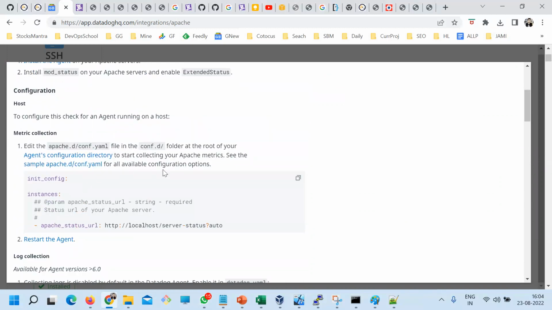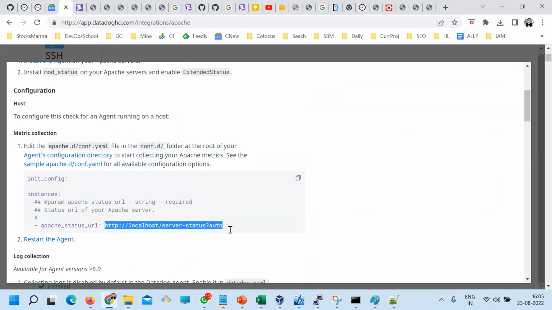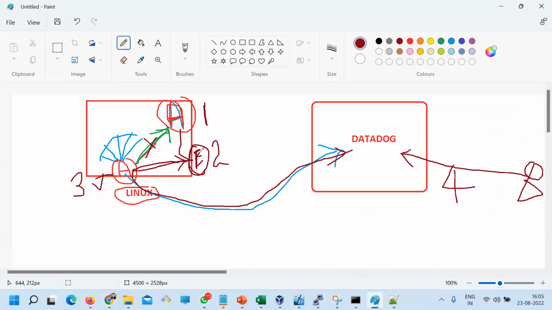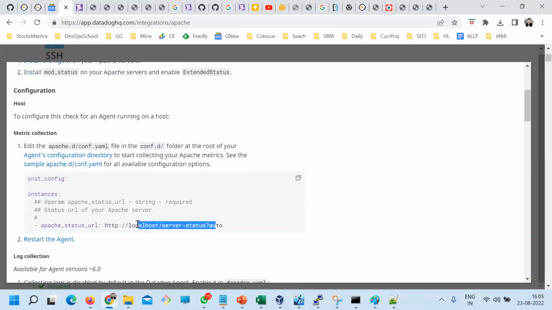So step number 1, we need to edit this, and you need to tell where your endpoint is. This is the endpoint address. As per the image, this is the endpoint you have to configure to the agent. So you'll say, Rajesh, I have not enabled it. How can I do that? So for that,